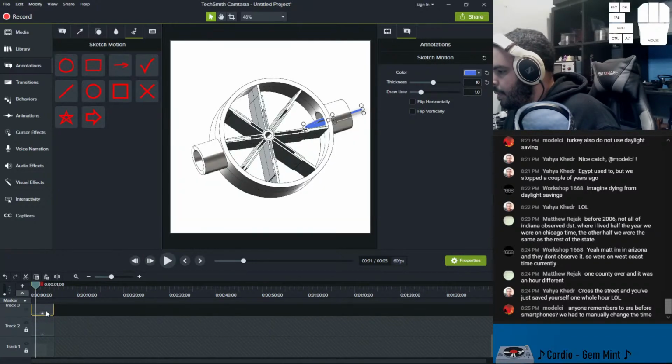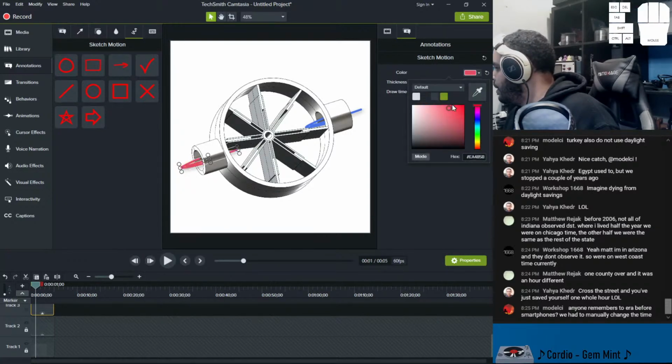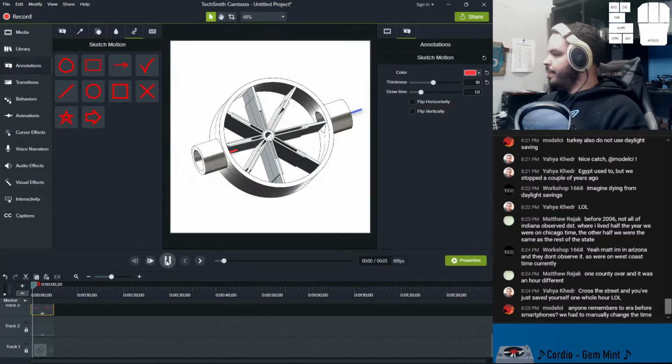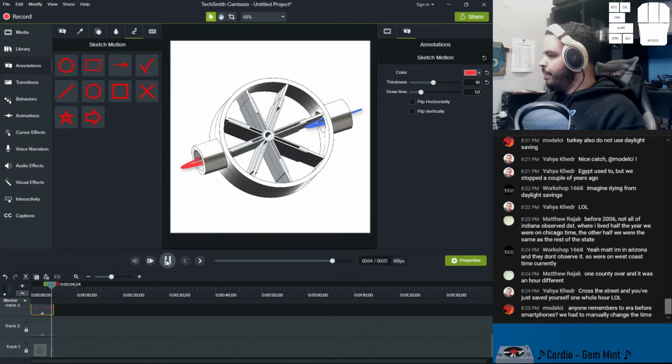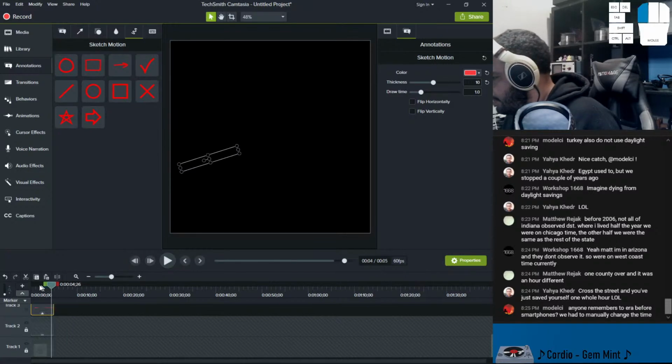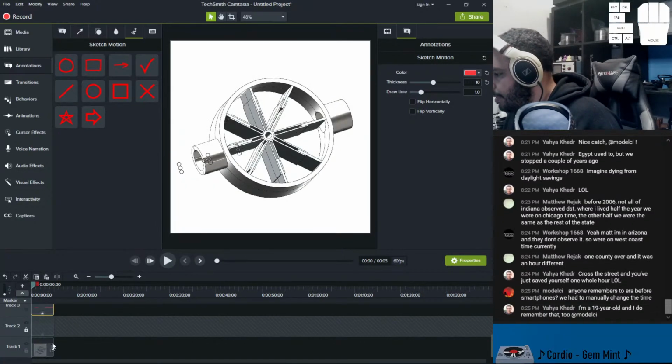And let's lock the original one and tell this one to move down here. And then turn that red. Not that red, no. Alright, and I think, just to kind of sell the effect a little bit,